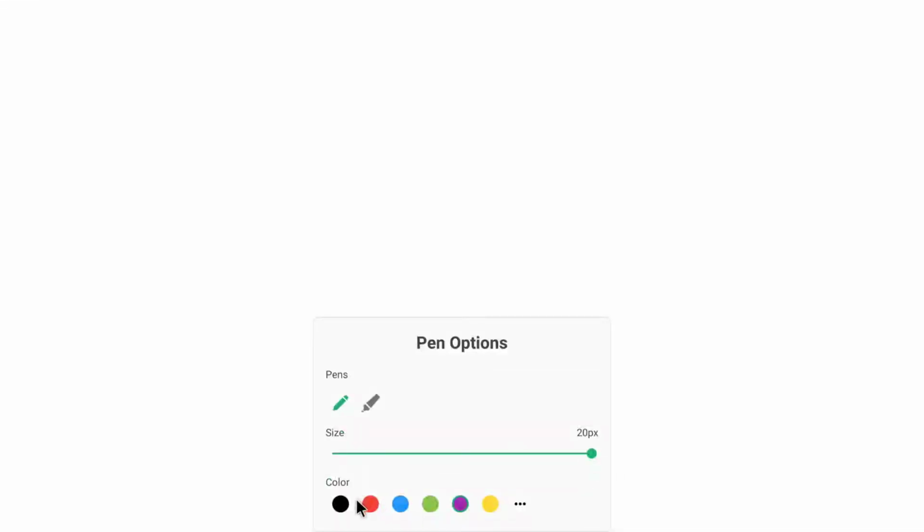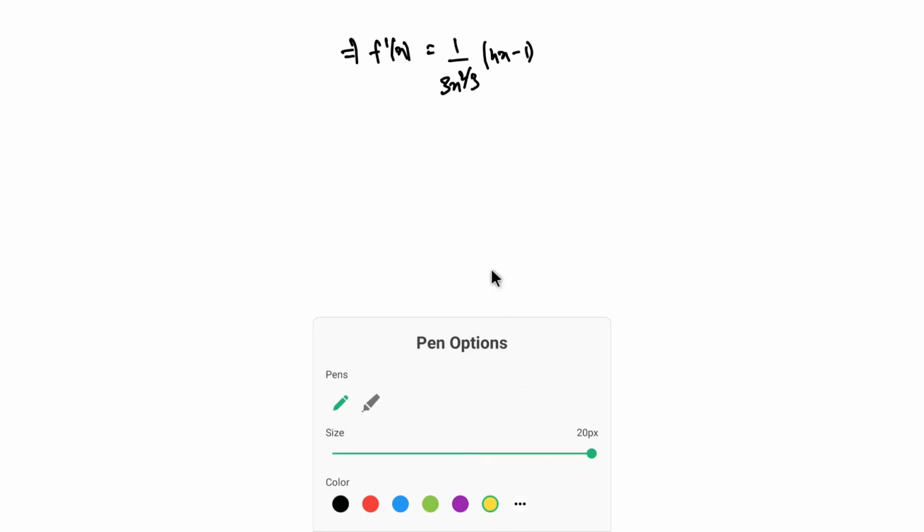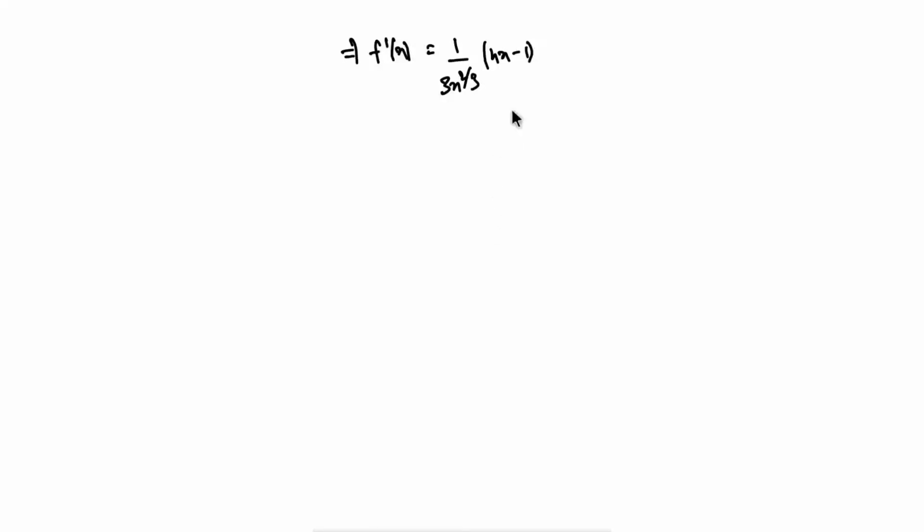So first let me write the f dash of x in this space. So f dash of x is nothing but 1 by 3x power 2 by 3 into 4x minus 1. If I plot this, I don't even need to plot this one. I'll just do it in a practical way. So 4x minus 1 is 0 at x is equal to 1 by 4. You people can take f double dash of x, put the value and check for it, and from there you can conclude whether it's local maxima or global maxima or global minima. But I'll be doing it in a somewhat different way.